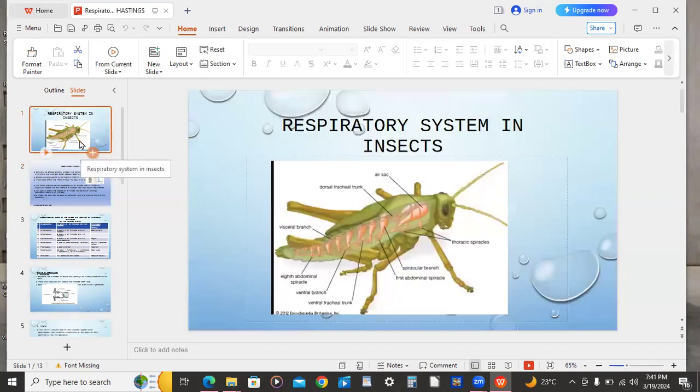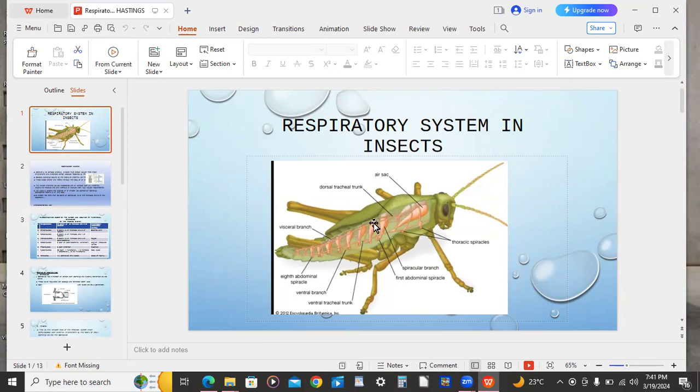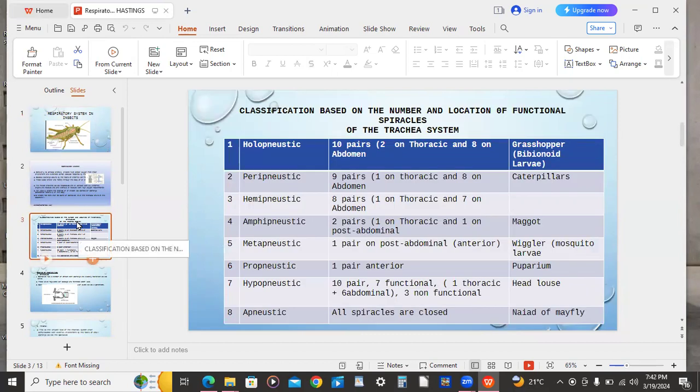As you can see here, as I said, this is the thorax and this is the abdomen. So here there must be 8 pairs, and here on the thorax there must be 2 pairs of spiracles. Okay, let's go to the classification based on the number and location of functional spiracles of the